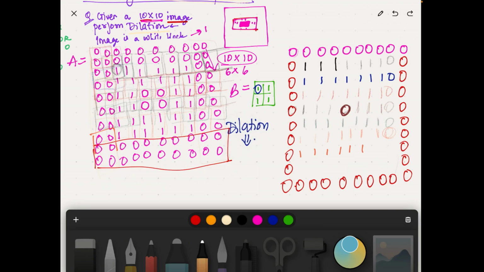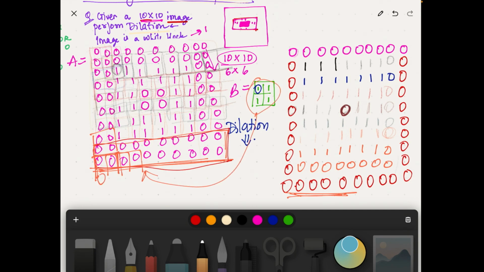So now we come on to the last rows. Again all of them are zeros, so we are just going to blindly substitute these values to be 0, right? And in the beginning I had mentioned that these zeros are coming because these two rows are 0, so I made a mistake there. These zeros are coming because when we are dealing with the last row, these two zeros would be matched with this structuring element with the padding elements,